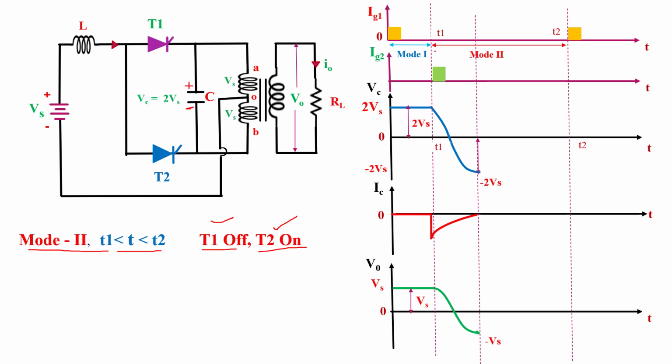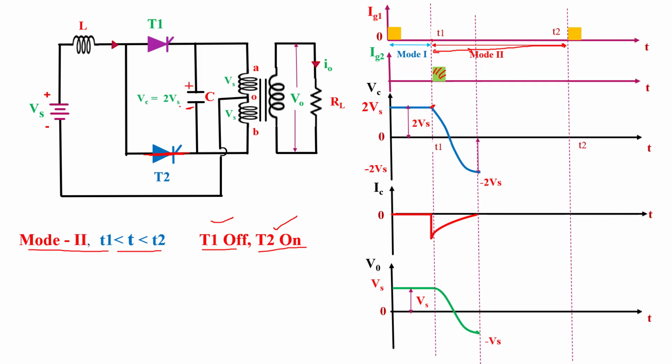So here we see in the waveform, this is the time interval of mode 2, T1 to T2. In this time interval, at time instant T1, we apply a gate triggering pulse to thyristor T2. When we apply gate triggering pulse to thyristor T2, T2 thyristor is turned on and behaves like a short circuit. At this time, the polarity across capacitor is upper plate positive and lower plate negative,